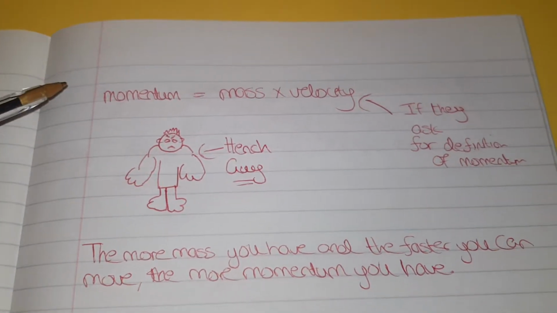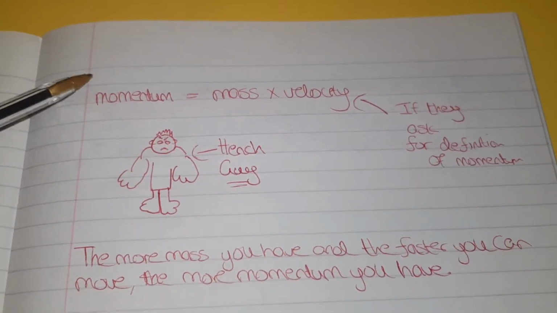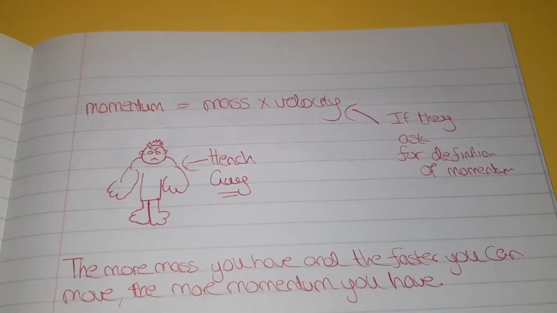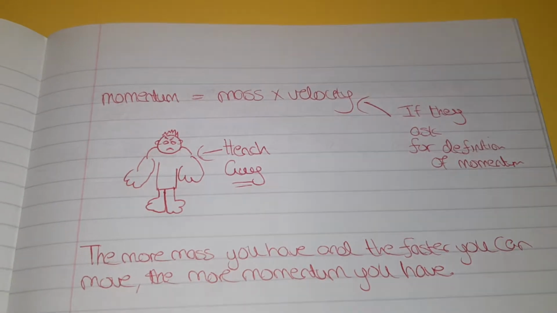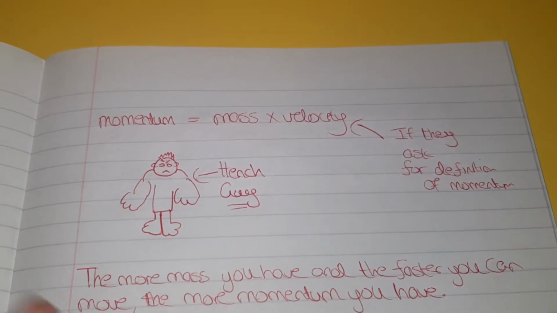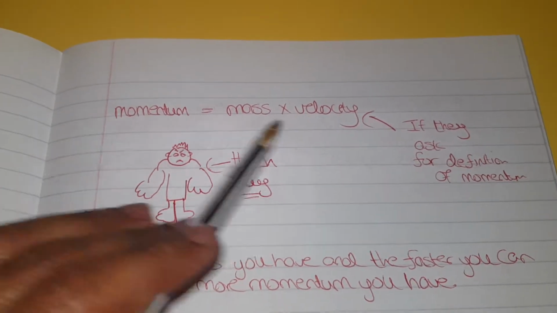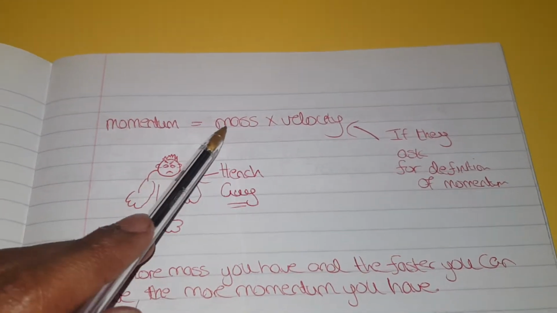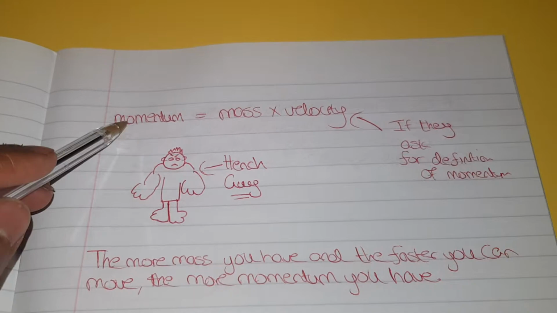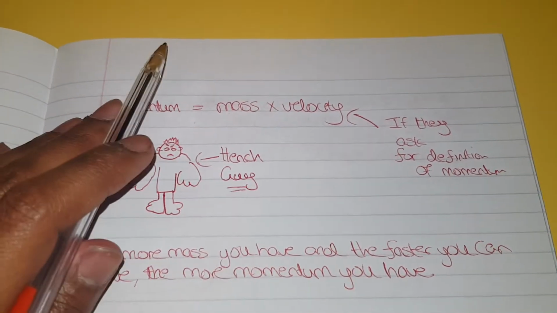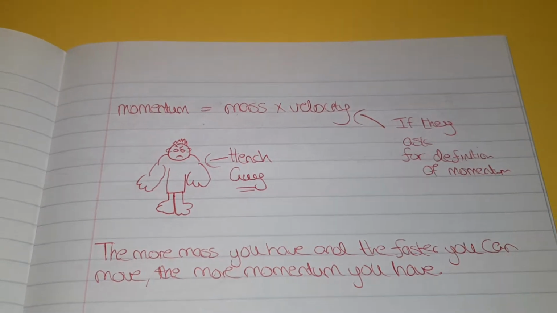Now, momentum has this formula which you have to memorize, and it's one of the only things in physics where if they ask you to define momentum, there is no sentence structure answer to it. You have to give the formula in full. You cannot use symbols, you have to give the formula. So you mention that momentum is equal to mass times velocity. You get full marks for it, yeah? There's nothing more to it.